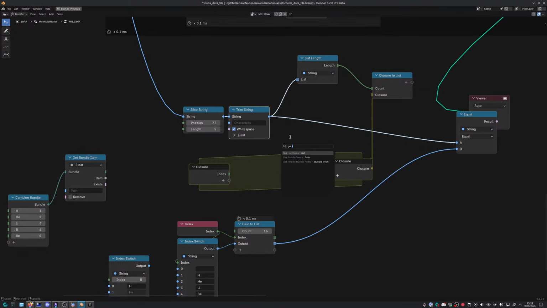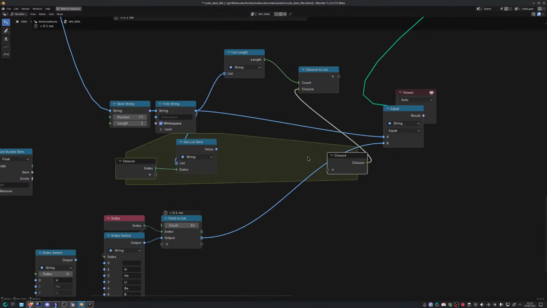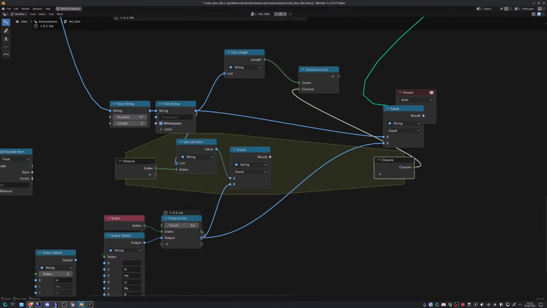We say get list item, index, compare, filter, get list item 0